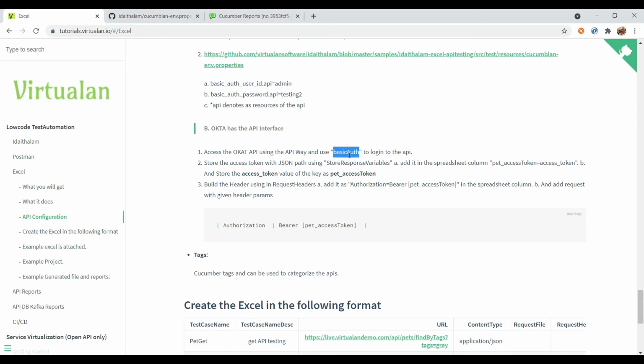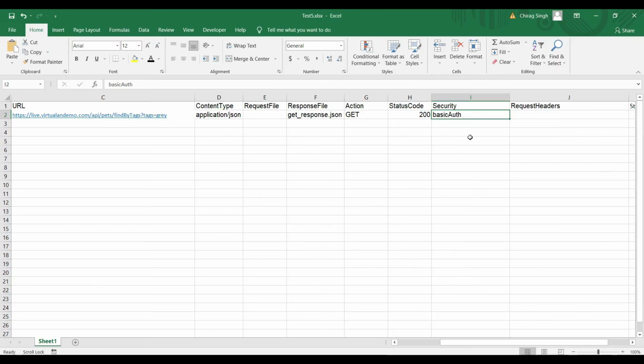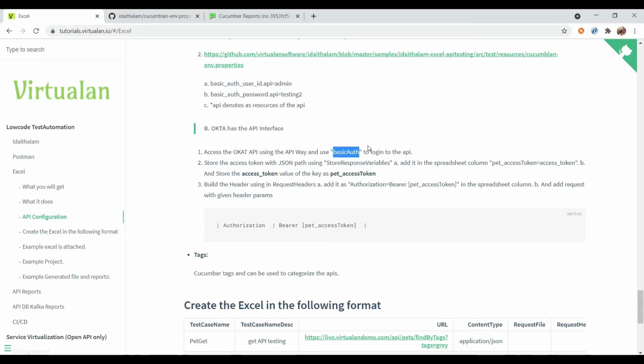We have already seen how we can use basic auth. Then store the access token. When we execute the endpoint, we will get the access token with JSON path and store it using the store response variable. So what is the store response variable?